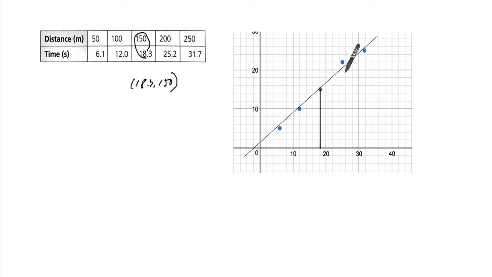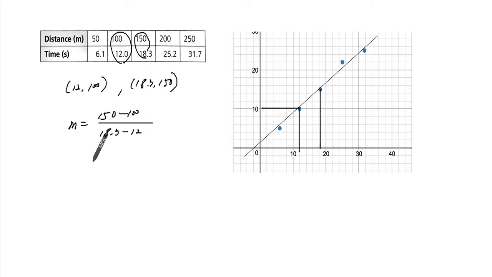Okay, and then another one, perhaps it passes through the point before. So it passes through this one. So 12 and 100. So with those 2 points, we can get the slope. The delta y is 150 minus 100 over delta x. The change in x is 18.3 minus 12. So it's 50 over 6.3. Okay, so that gives me